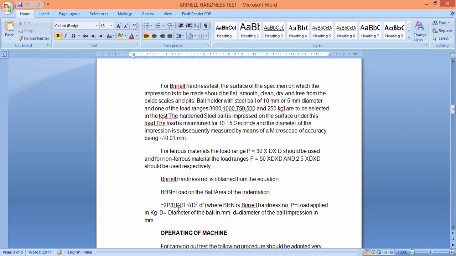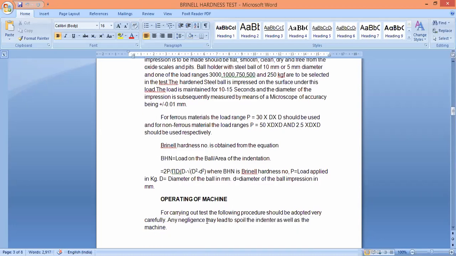We get a number here, which is called the Brinell hardness number. If we put in our respective values here. But in our experiments, we are given a chart, which I'll show you afterwards, where you don't have to make this calculation. If you know the small d, the diameter of the impression, and the capital D, the diameter of the indenter, and the amount of load you are applying, you can safely know the hardness of your required specimen. This is given by a number called the Brinell hardness number.